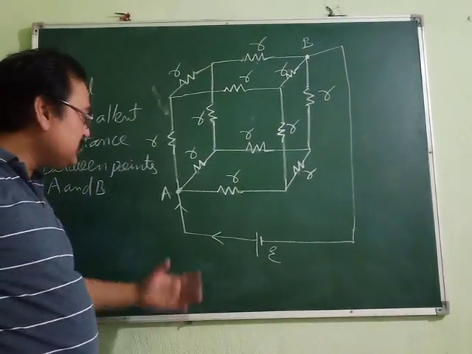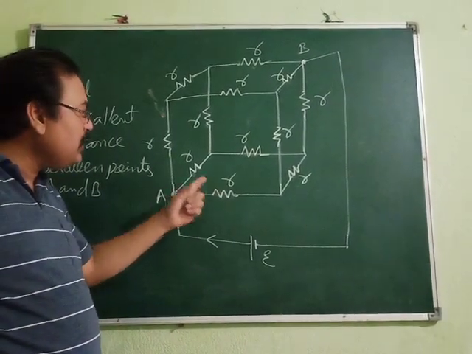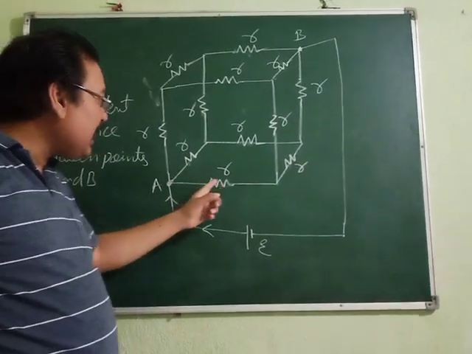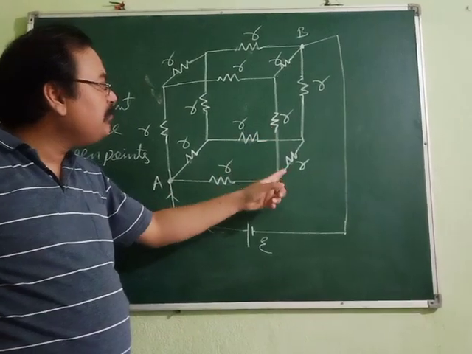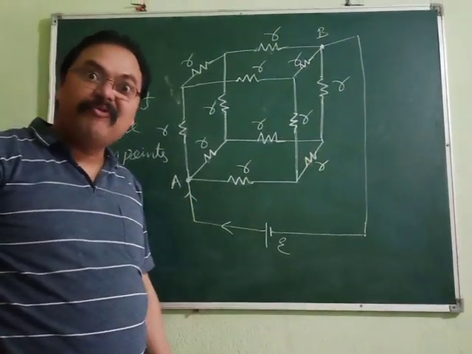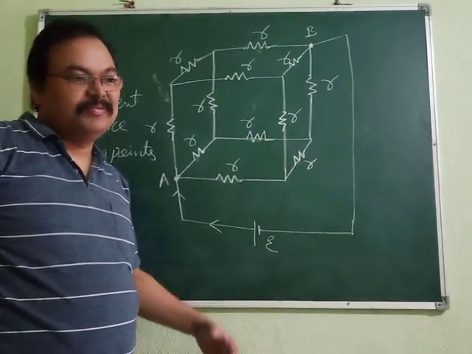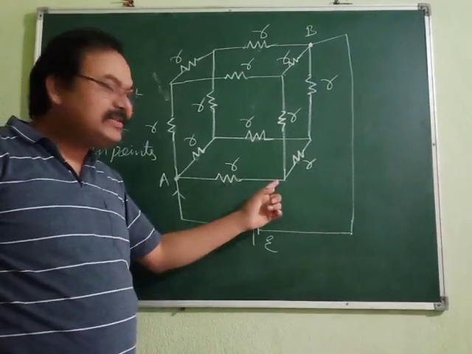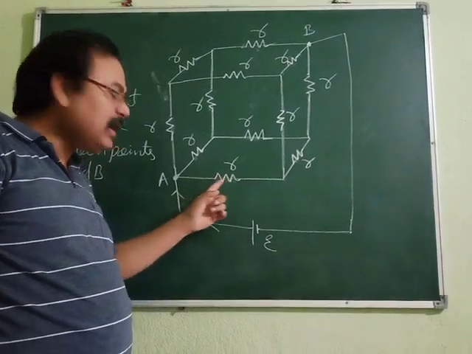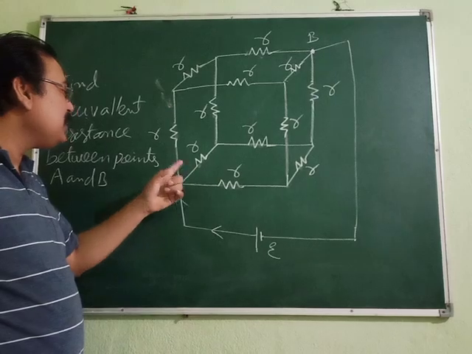So it will be comfortable for us to take 3I. If we take 3I, then I will get distributed along the 3 paths. But as soon as that I reaches here, it has 2 branches, so it will divide as I by 2. It will become fractional, but we don't like fractions. So for our comfort, if 2I is reaching here, then it is very easy to divide into I and I. So here there should be 2I, and if here it is 2I, then here also it is 2I.